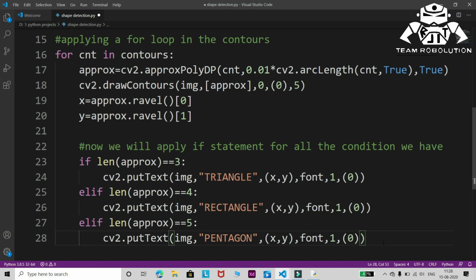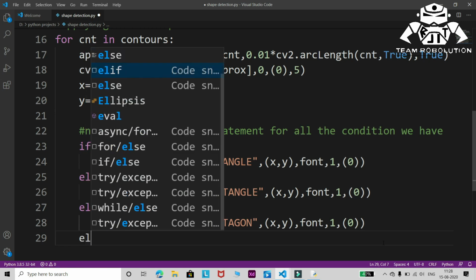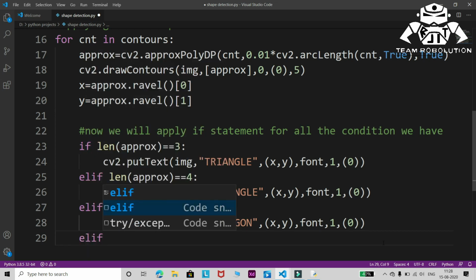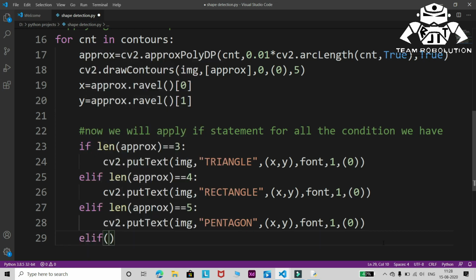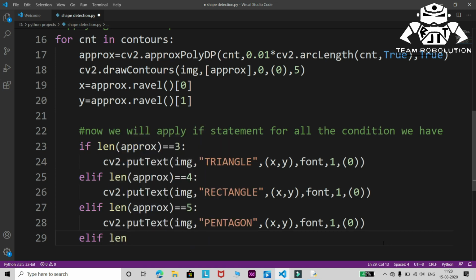In the image we have a circle also, we have an ellipse also. Remember, circle and ellipse are almost similar for a computer. So how will we distinguish them? Keep a note of this statement that I am writing out here, it will help you a lot.